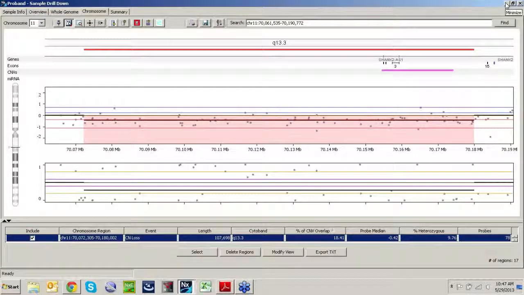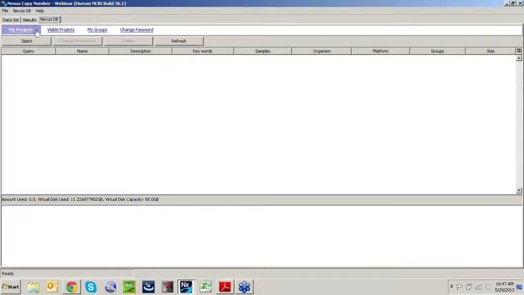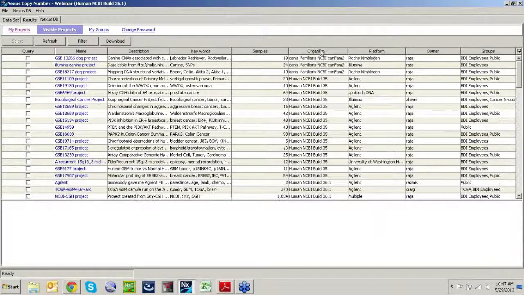Okay, and so what we can do is we can actually use this query button at the top here. Right here, this is going to query the database, and we'll be able to search Nexus DB to see if this loss has been found anywhere else. All right, so let's go back over here and select our projects. Once we've logged into Nexus DB, you're going to first see this page. If we click on Visible Projects, this is going to show all of the different database projects that we can query. I'm going to sort by the organism because I want to be